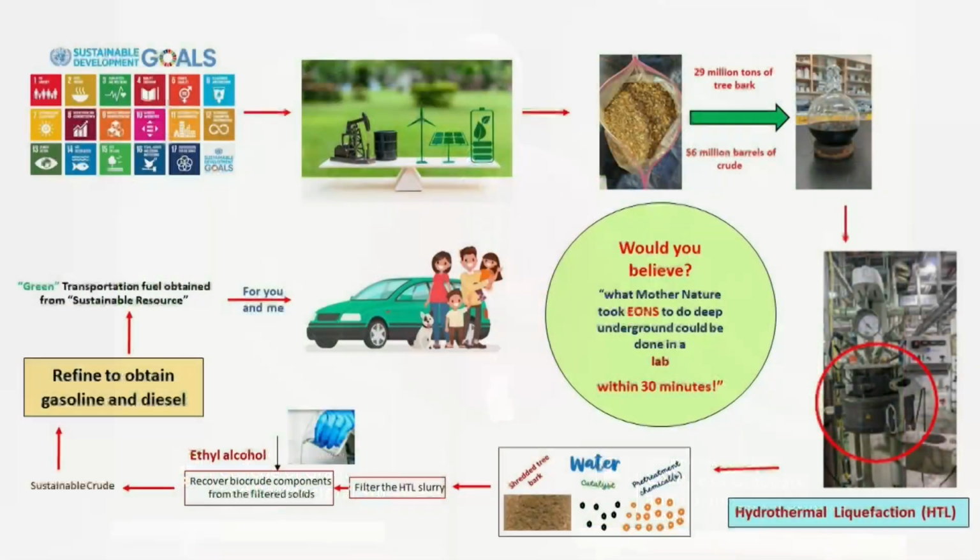Ambitious? Yes. And why the urgency? That's because we are now subject to what is called sustainability goals, which requires us that by year 2030, we wean ourselves away from the petroleum crude that comes from underground and replace that with bio-crude that we generate using sustainable resources. A sustainable resource is something that we can replenish at least at the same rate as what we use it. The sustainable resource that I am going to use consists of tree bark that is generated from sawmills